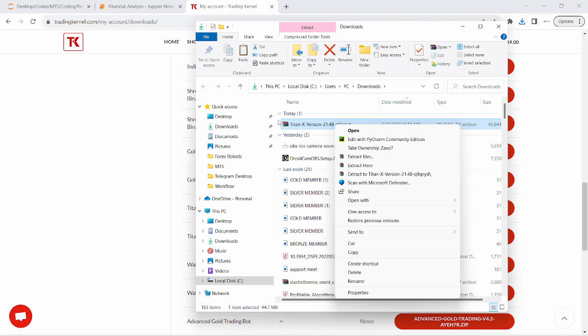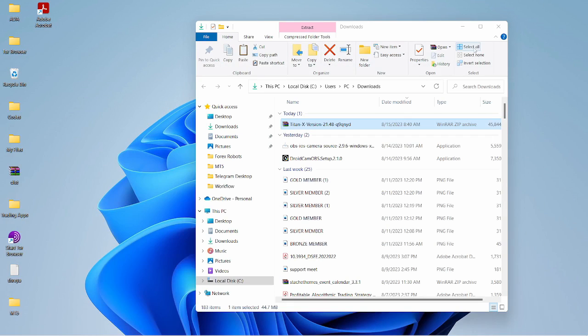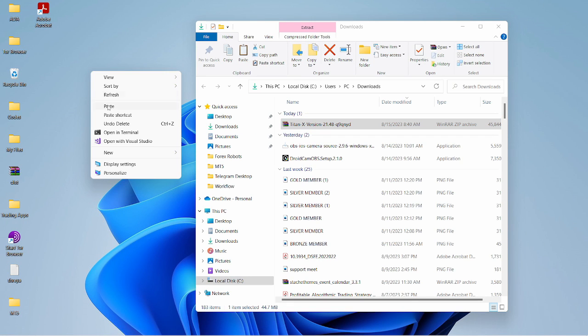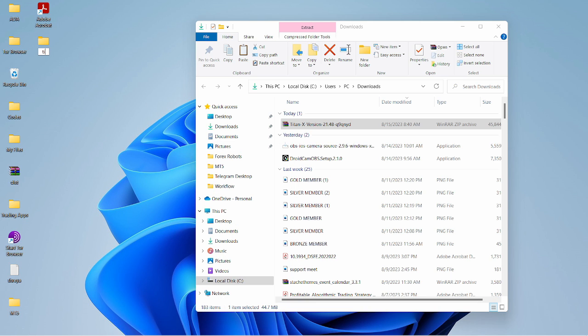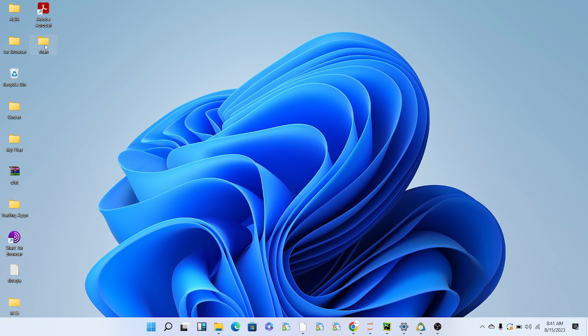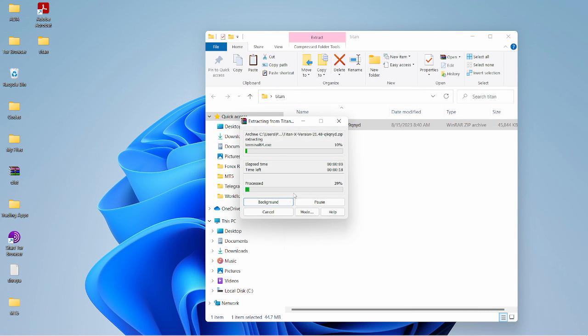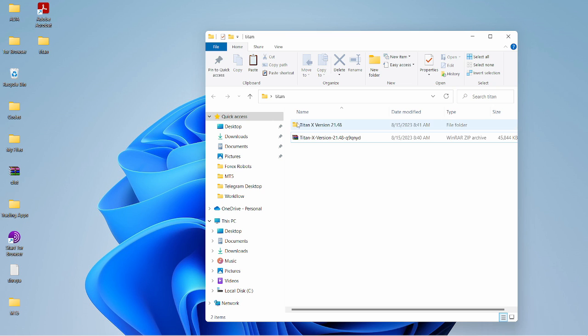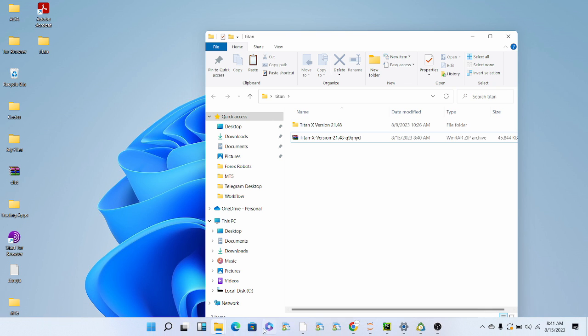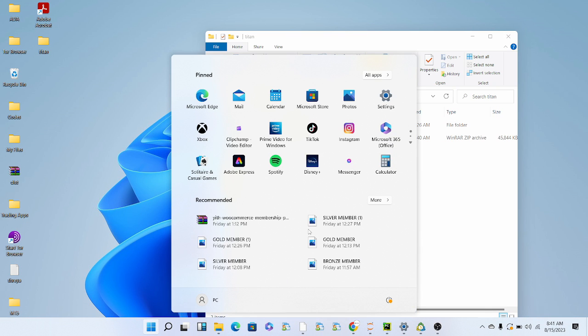So I'm just going to create a new folder on my desktop here. I'll call this Titan. Okay, then I'm just going to drag this over here. Okay, so I'm just going to open up this file. I'm going to right click here and extract this here. Okay, so once that's done, I'm just going to head over to my file, head over to my settings here,